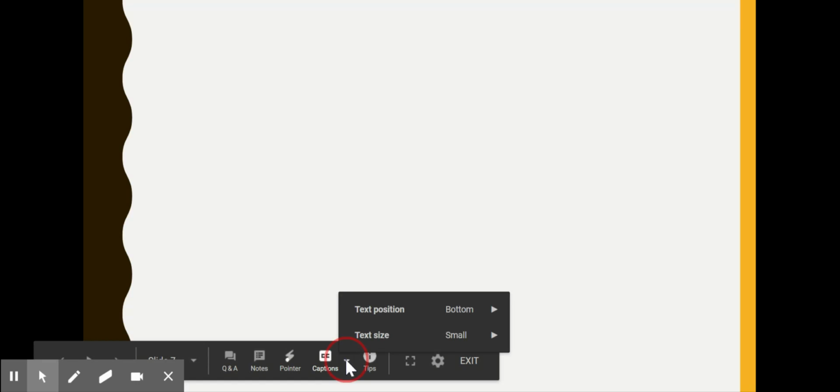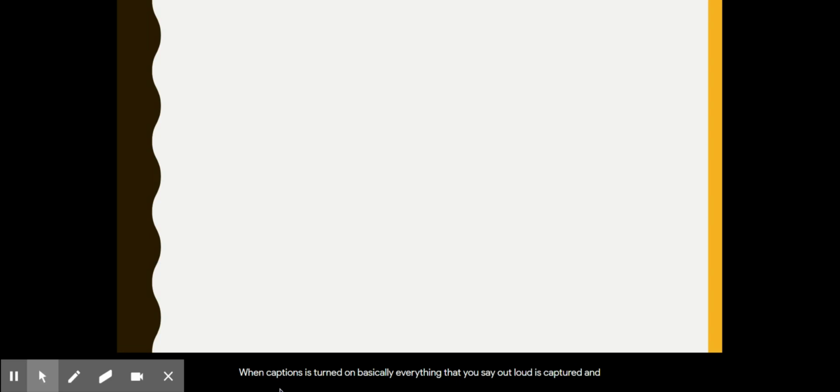And when you move your cursor around and the little bar pops up at the bottom, then you can see that closed caption or captions is one of the options that you can turn on. And so when we look at the options there, we can change our text size, position, things like that. But when captions is turned on, basically everything that you say out loud is captured and printed on the screen